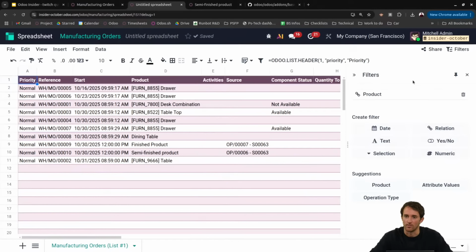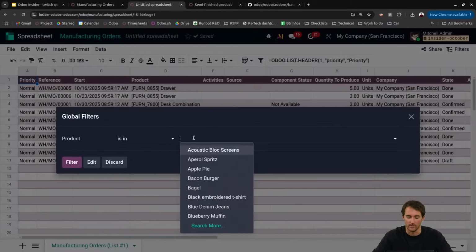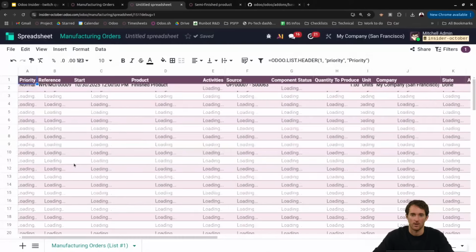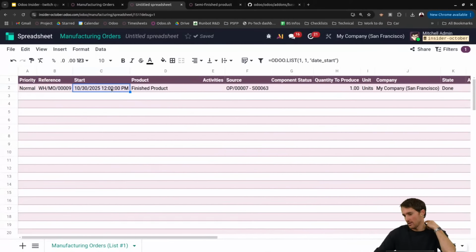Here and for now product template. So if for now I just decide to use my filter and put the value in finished product, I will get only this one. But then I could decide